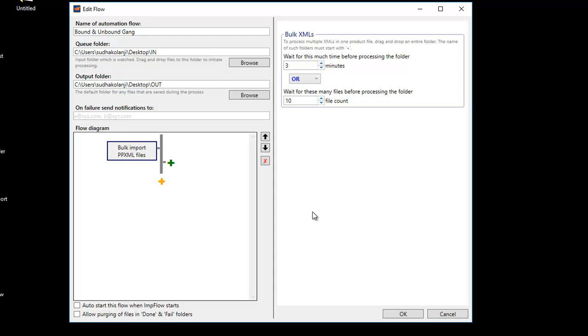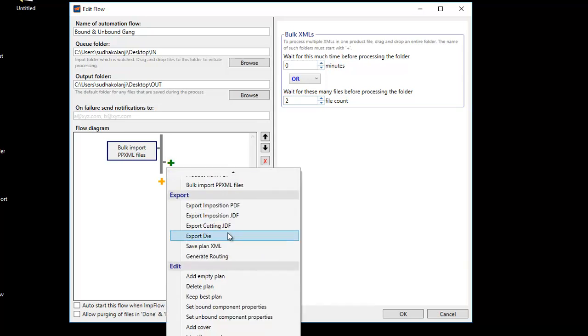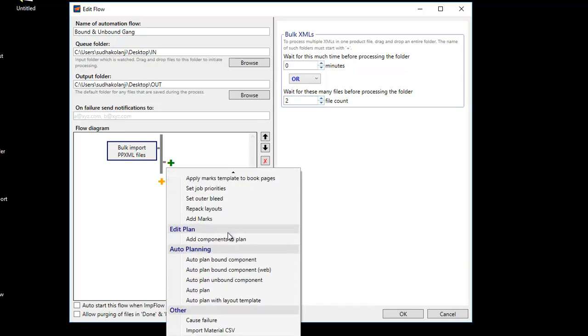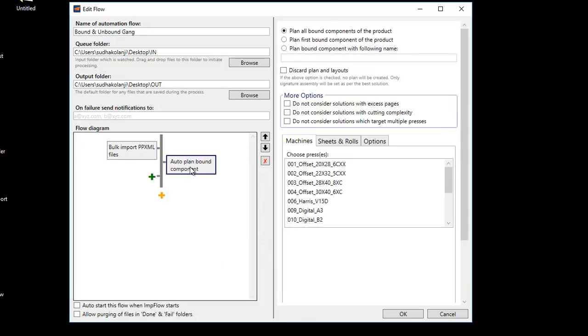You can instruct to wait for some time or until the set number of files is reached. Once you run the flow, it will wait until the mentioned time or file number before processing them through the flow. Before you can plan bound and unbound components in a single layout, the signature or assembly plan is required